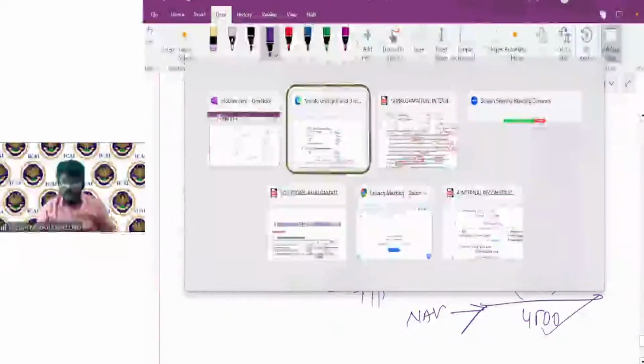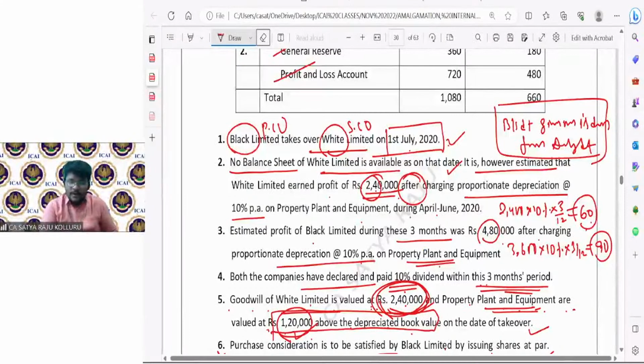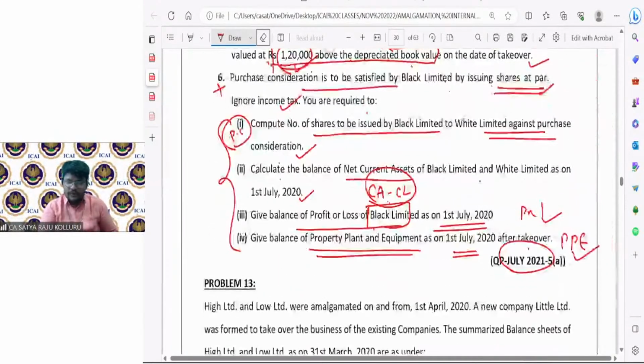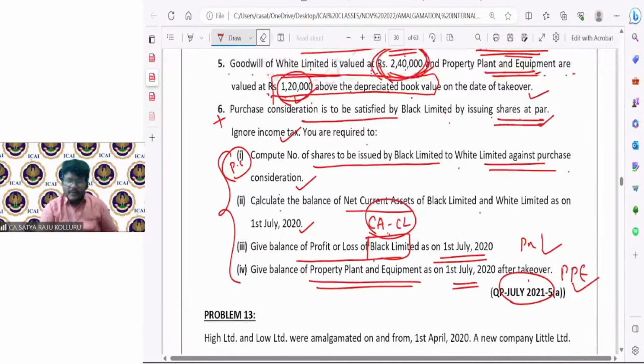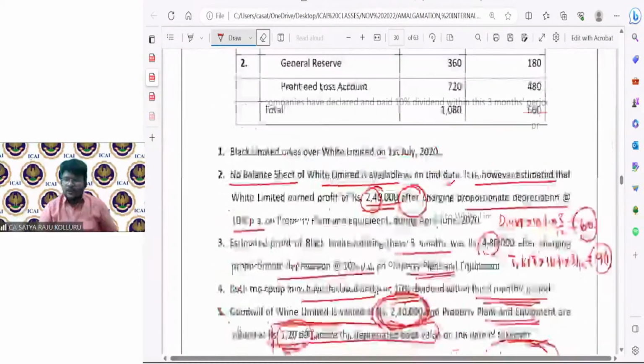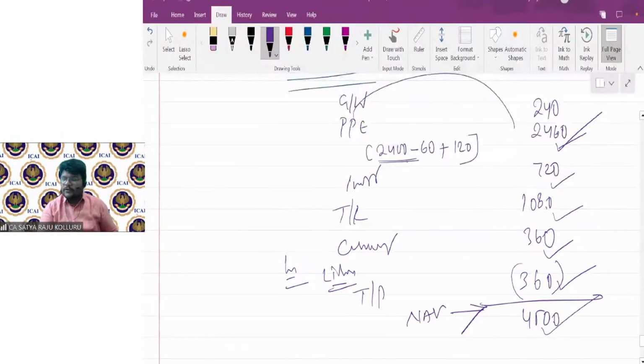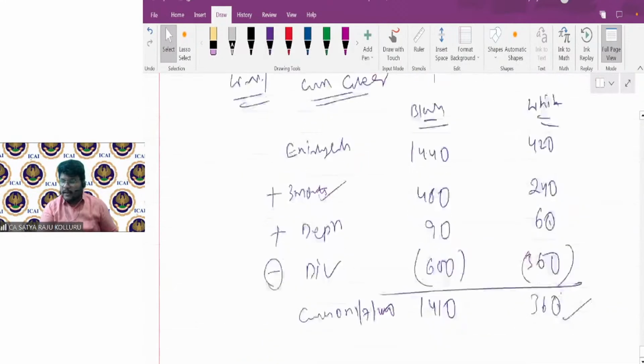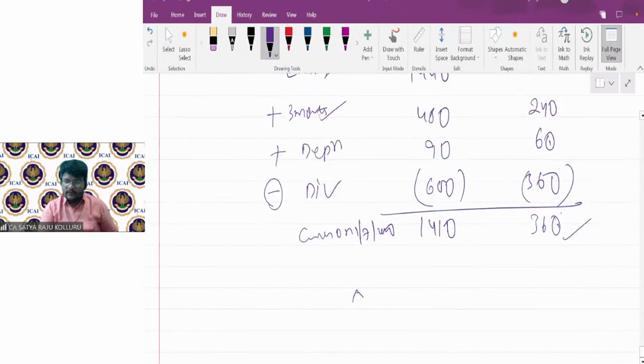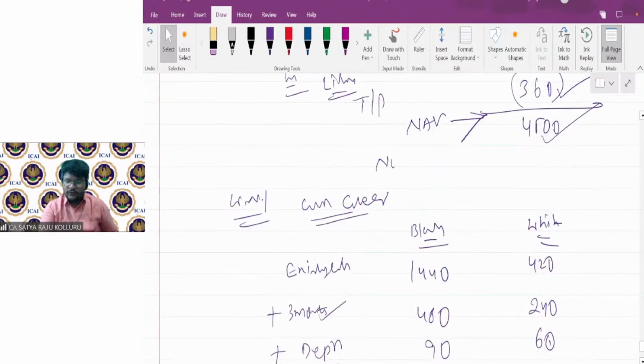But they have not asked the PC. They asked how many number of shares issued as PC, right? Compute the number of shares issued by Black Limited to White Limited against the purchase consideration. It is clearly given that purchase consideration is to be satisfied by Black Limited by issuing shares at par. Sir, by issuing shares at par means Black Limited shares are at 100 rupees. If you issue the shares at par, then number of shares issued as PC